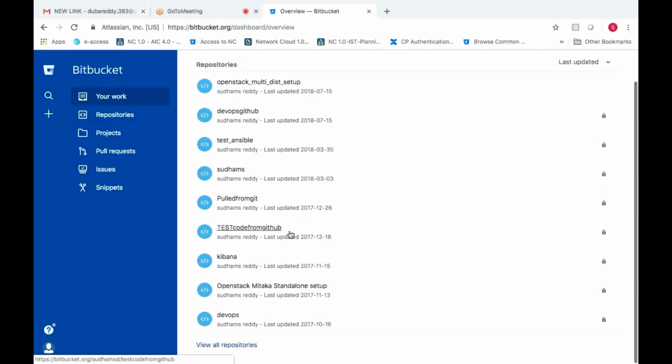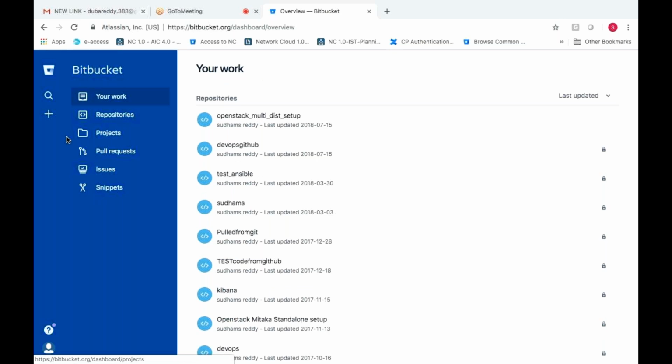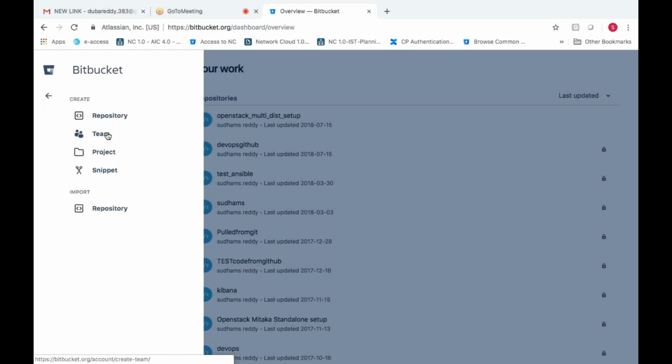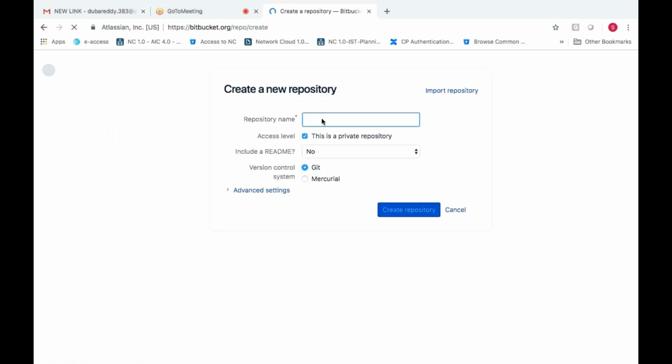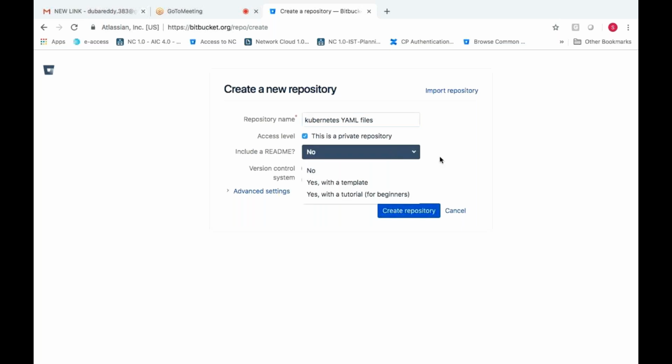Now I need to create a new repository. So click plus, repository. Do you want to create a repository, a team, a project, or a snippet? I want to create a repository, so click on repository and give it a name, like YAML files.